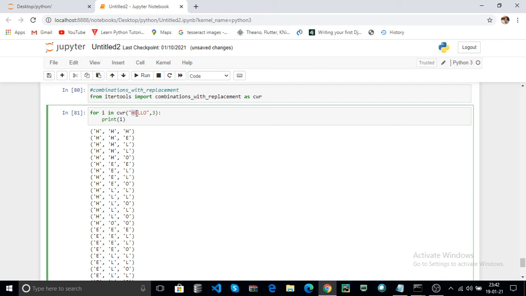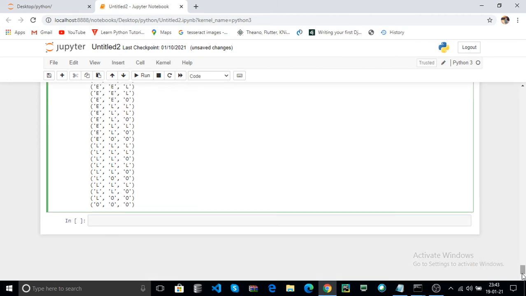Then H is repeated 2 times along with L, then another L, then O. Then E is repeated 3 times, E is repeated 2 times with L, another L, and O. Then L is repeated 3 times, L is repeated 2 times with another L, and with O. After L is repeated 3 times, L is repeated 2 times with O. Finally O is repeated 3 times. That is the combinations with replacement.